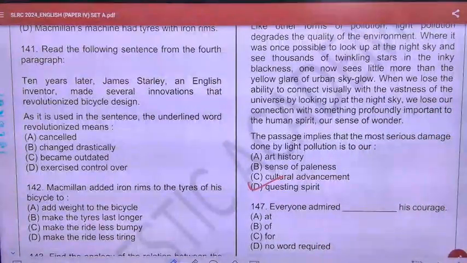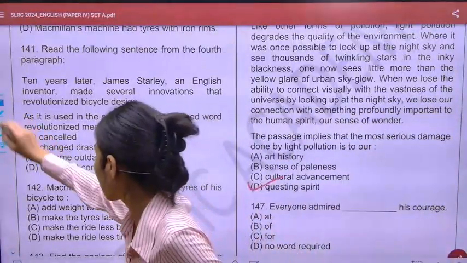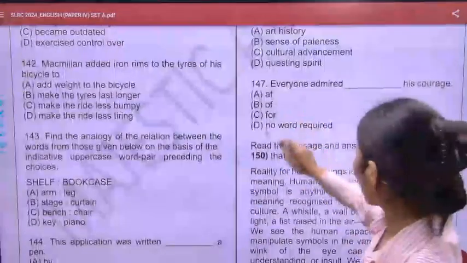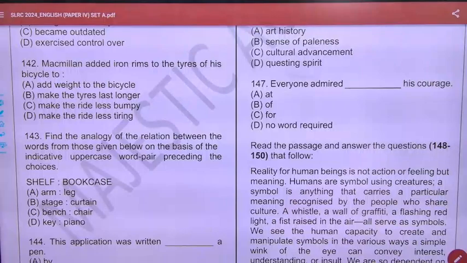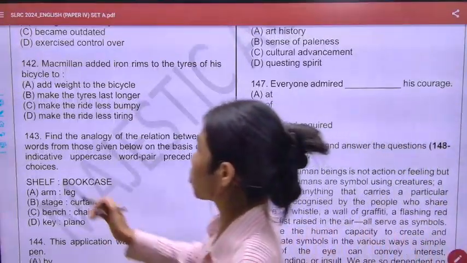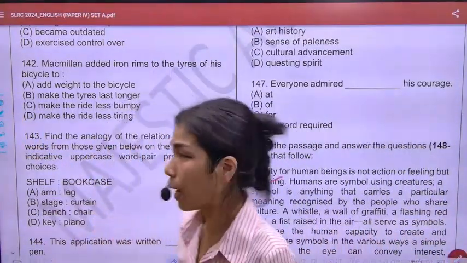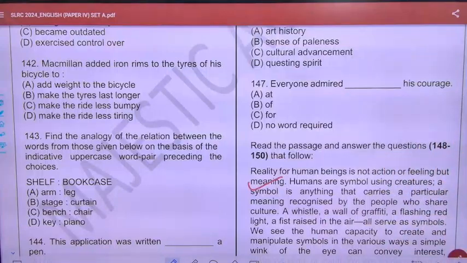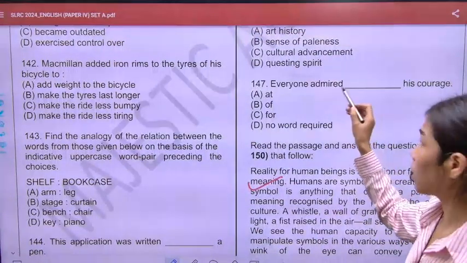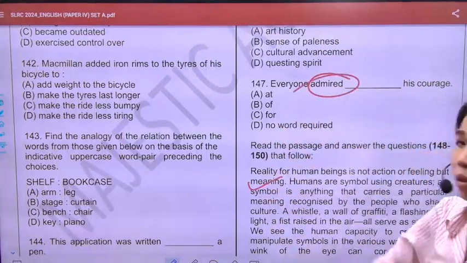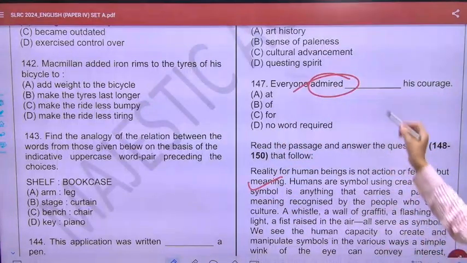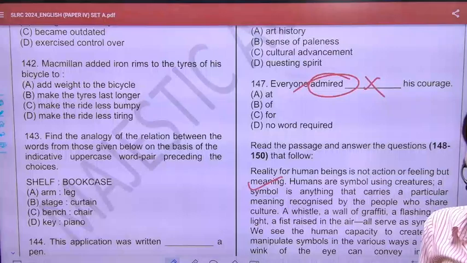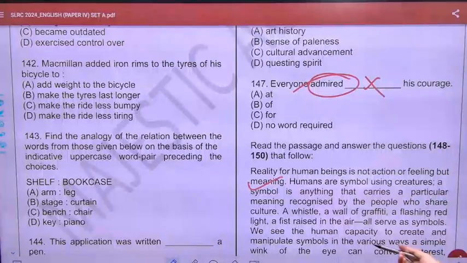Next question, number 147, and it says, everyone admired dash his courage. Now again we have to put some preposition in the blank. So preposition which is given is at, of, and for, and no word required. So we have learned in our class that whenever the verb is in the past form, you do not need to put any preposition here. So answer should be option number D, no word required, and the sentence should sound like, everyone admired